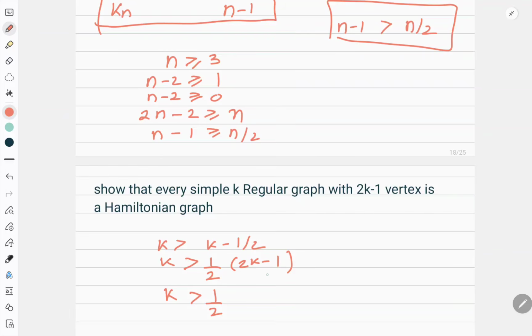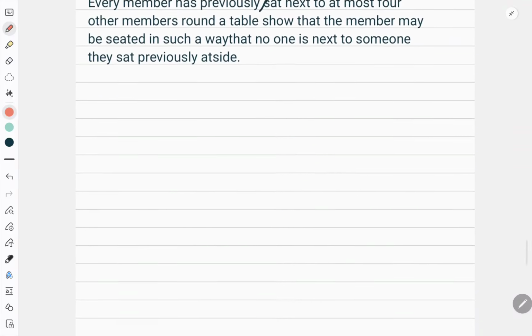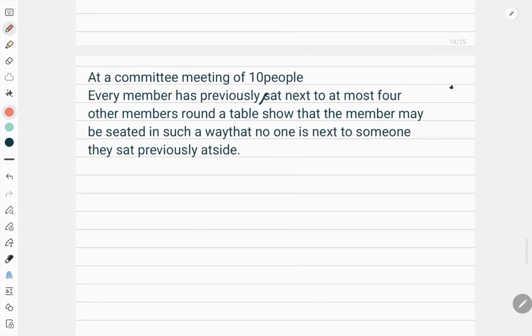And how many vertices are there here? Let the number of vertices be n, with 2k minus 1 given as the number of vertices, so I replace it by n. So what happened? The degree of every vertex is greater than n by 2. The moment I say by the result, I am done. These two questions are for your understanding. They are not very important, but they are very good for understanding the results I have given. Proof of those results is not required. Now, this next question is very important, where the results are used.